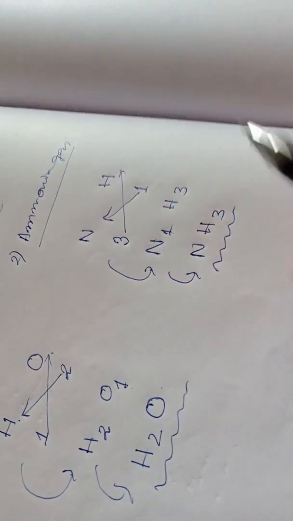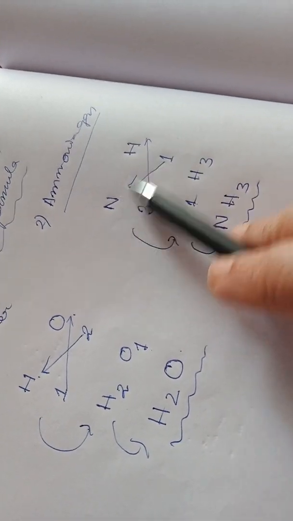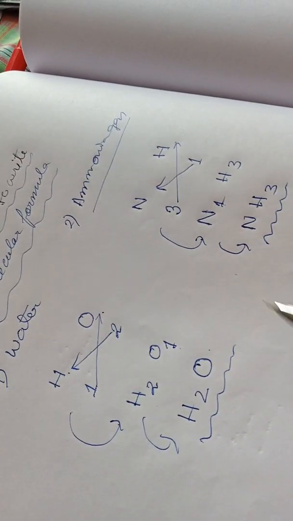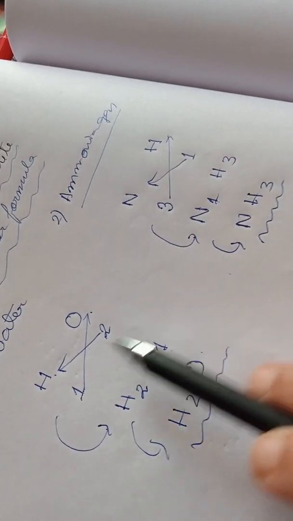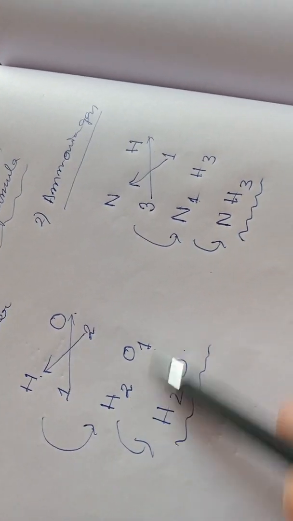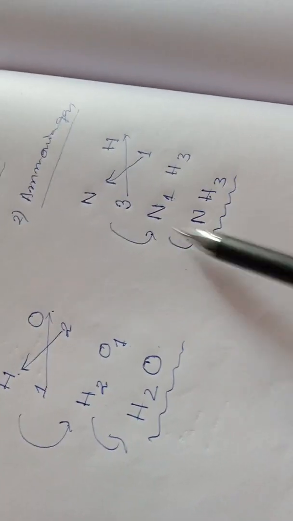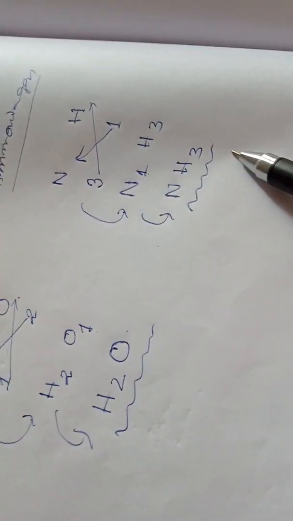So for writing the molecular formula, you need to know the symbol of the element properly and which atoms of which element combine to form the molecule. That one you should know, and then finally you should know the valency correctly. Then write down the valency just below it and then crossing over. After crossing over, you will get this form. And finally this is the molecular formula. This is for water, this is for ammonia.